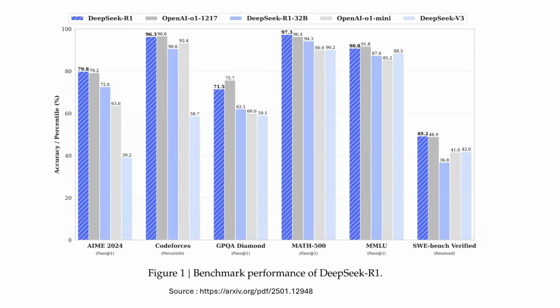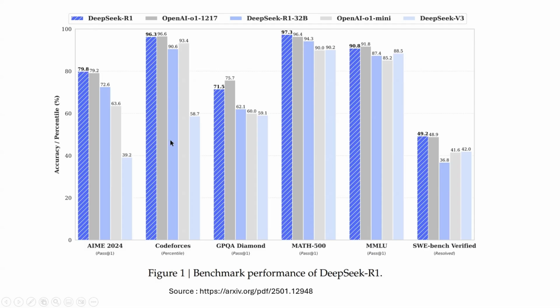It's mostly for testing reasoning capabilities, and it's really effective in that aspect. On this AIME benchmark, DeepSeek is leading O1, with DeepSeek performing 79.8 and O1 performing 79.2. On Codeforces, meaning coding and the rest,